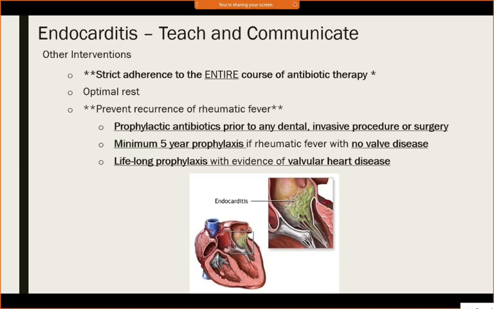Again, rheumatic fever is the most common cause of endocarditis, but with any endocarditis, the patient has to report that to the physician before any invasive procedure, whether it's a root canal, a biopsy, any surgery, a hysterectomy. You need to let them know that you've had endocarditis so that you can get prophylactic antibiotics before surgery. The difference in the amount of prophylactic treatment is you're going to get prophylactic treatment for 5 years if